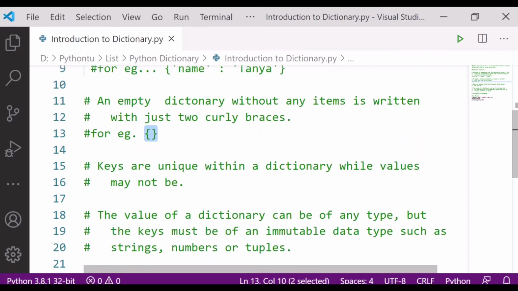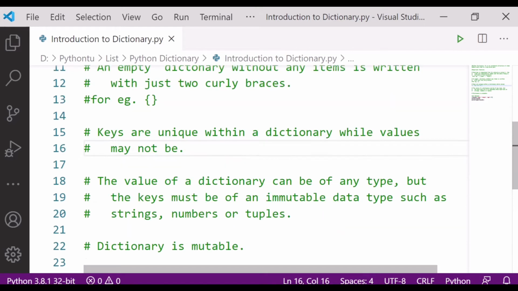Next, keys are unique within a dictionary while values may not be. So keys should be unique. If you are taking one key name, then the other should be age, class, favorite movies, favorite songs, favorite sports, anything, but that should be different.